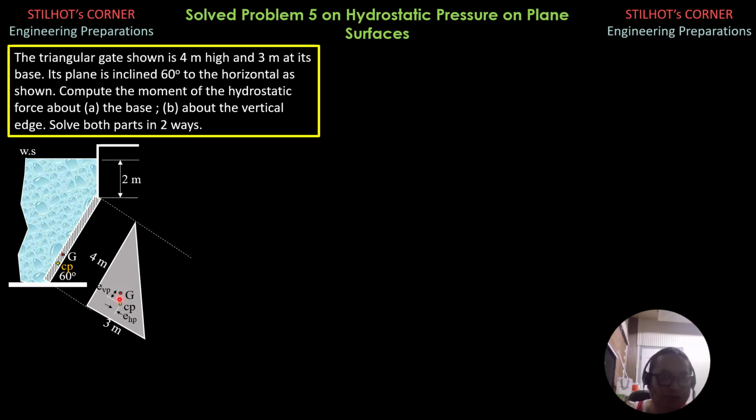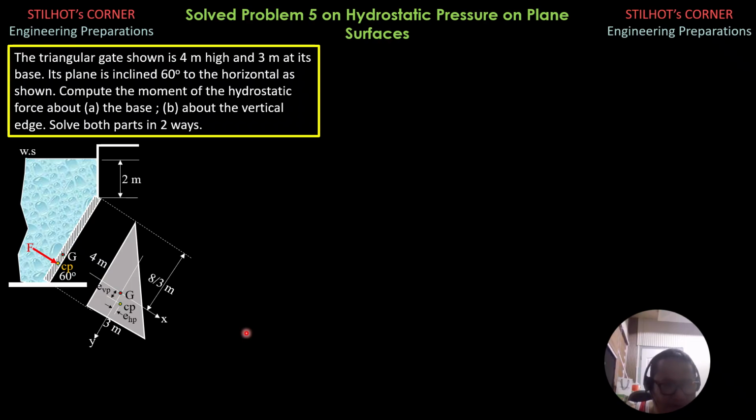And these expressions have formulas derived in the lecture part. We'll just go over that. So F is, so let's locate G first. That's F acting at the center of pressure. Then this is the centroidal x-axis, centroidal y-axis based on the derivation. And this is 2/3 of 4, so 8/3. And of course, that's 1/3 of 3, so that's 1 meter from G to that vertical edge.